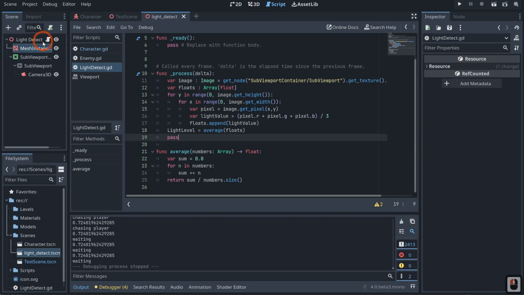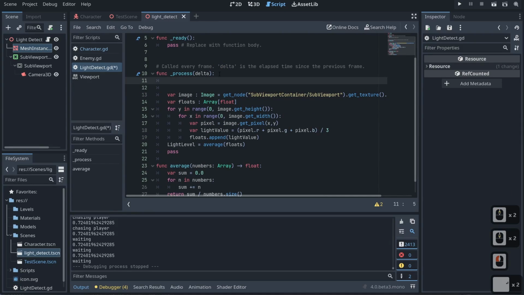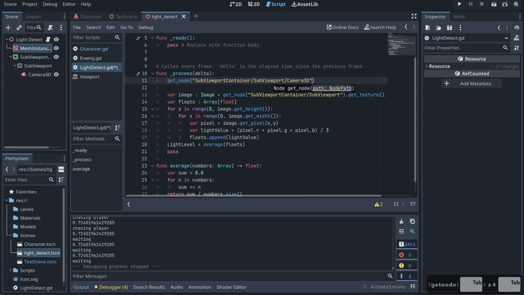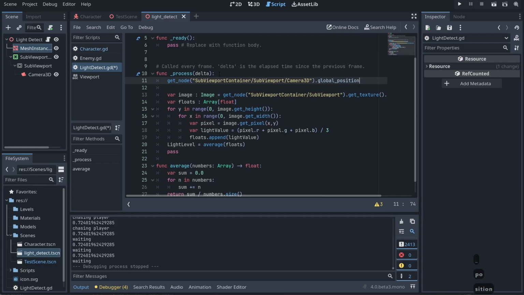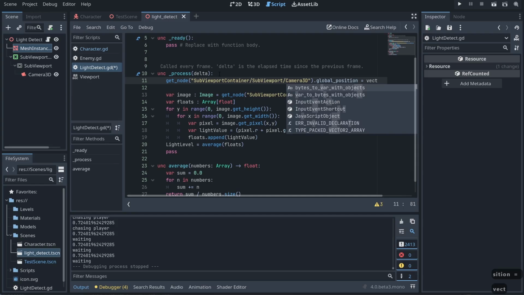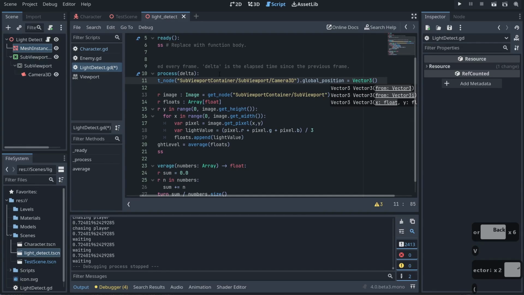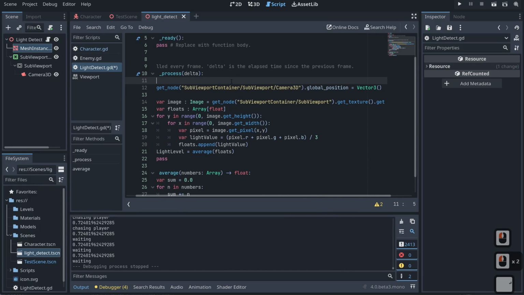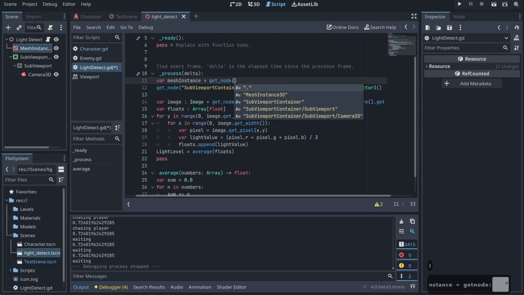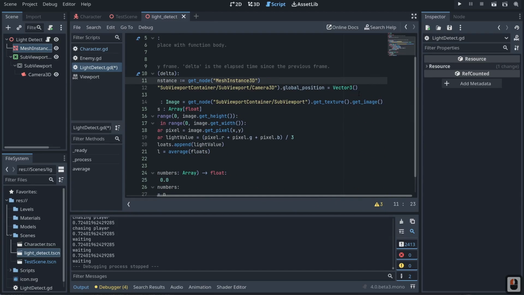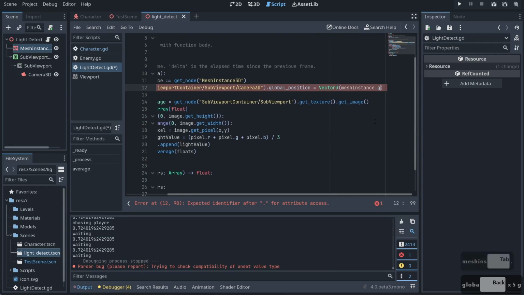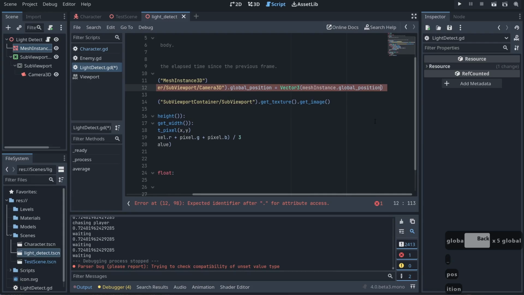So what we can do is we can come into our light detect and in our process, just move our camera with it. So we can say get_node and pass in our camera.global_position is equal to Vector3, and we'll pass in our mesh instance. Now we could just go and get node for mesh instance, but what I'll do is I'll just say var mesh_instance is equal to get_node MeshInstance3D, and I'll put a little colon here, and that'll help with giving us the type handling. And we'll just come over here and say mesh_instance.global_position.x